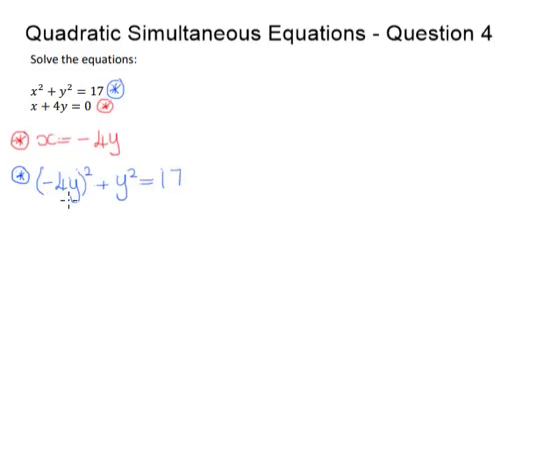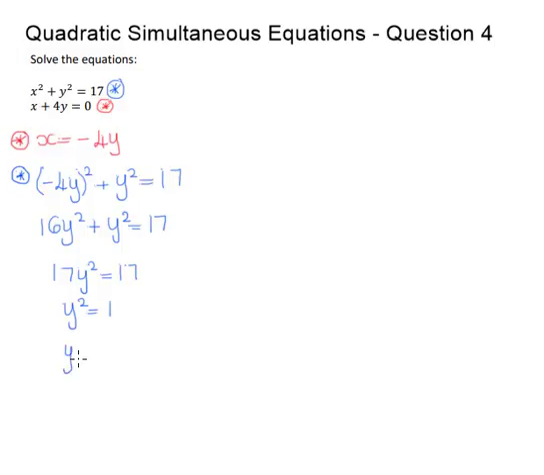Okay, minus 4 squared gives me 16y squared, plus y squared equals 17. Okay, 16y squared add y squared, that's 17y squared, isn't it? And that's going to equal 17. If I divide through by 17 here, that's going to give me y squared is equal to 1,